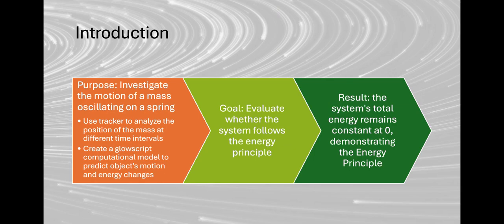So the purpose of this lab is to investigate the motion of a mass oscillating on a spring. In order to do this, we use Tracker to analyze the position of the mass at different time intervals, and then we also create a GlowScript computational model to predict the object's motion and energy changes. The goal of the lab is to evaluate whether the system follows the energy principle. And the main result is that the system's total energy remains constant at zero, which shows that it does follow